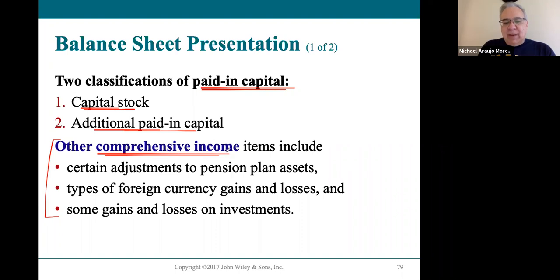And comprehensive income can sometimes affect things for profit and loss in total, because in this case, they have to make certain adjustments based on their pension plan assets, or they have to account for gains and losses either on investments or currencies. All of these things would affect, in essence, owner's obligations that they would have. Okay. But again, we're going to keep that as a separate note, but it is part of the